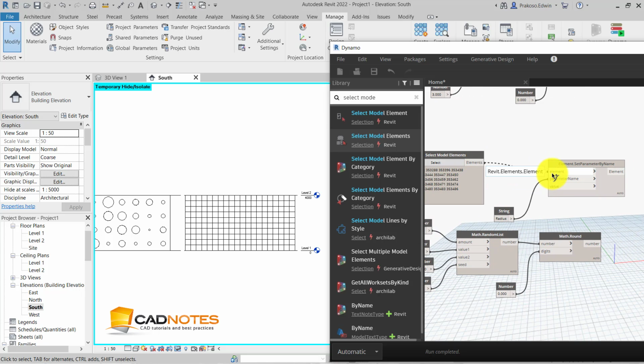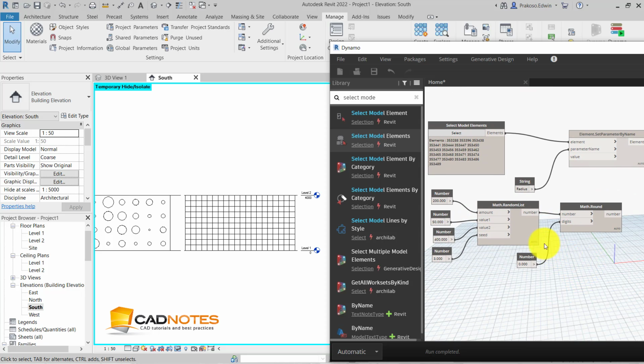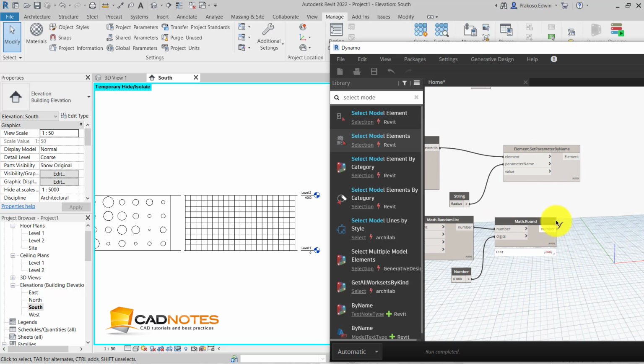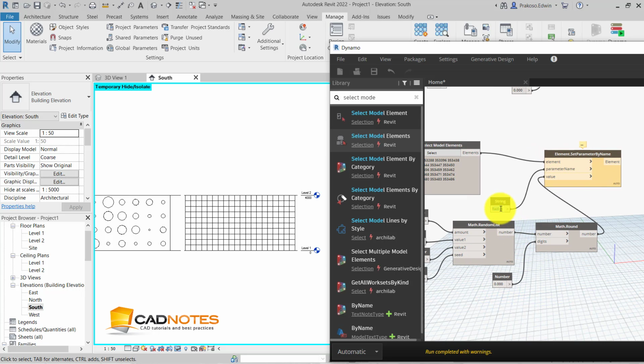And again, yes, we have the 200 random numbers. Now we can connect this. Oh, sorry, this one still says radius. We need to change this to thickness.